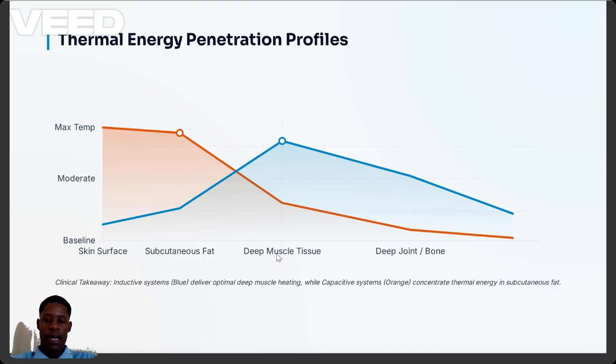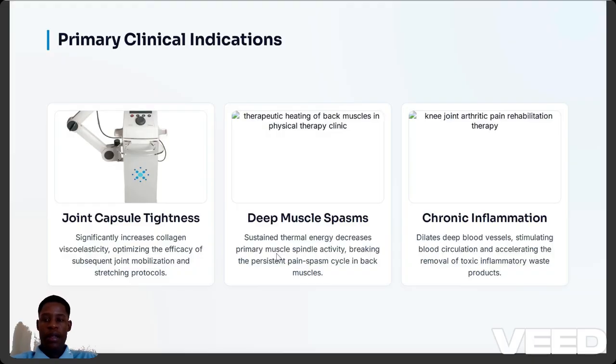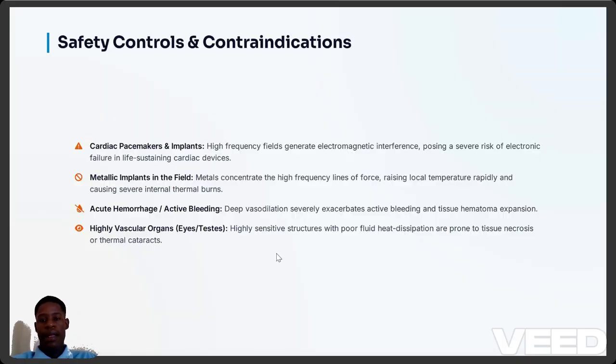Then moving on to the next, this shows the difference between the cable and the condenser method. The orange is the condenser, and the blue is the cable method. So we see from these different surfaces, the skin, the tissue, and the bone, where exactly these different methods hit. Then moving on to the indications, you've got joint capsular tightness, muscle spasm, and chronic inflammation. And then moving on to the contraindications, you've got